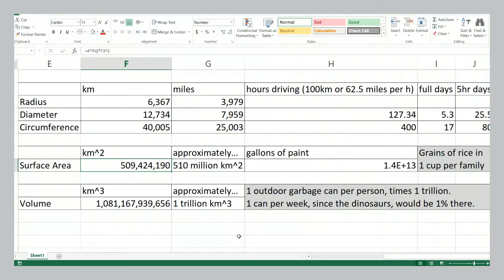So what if you had to drive through that tunnel? Well, if you're driving at 100 kilometers an hour on average, or 62, 63 miles an hour, then it would take you just over 127 hours to drive through that tunnel that goes right through the center of the Earth and end up on the other side. So 127 hours of driving. Well, what is that? If you're driving all day, 24 hours a day, let's say there are 4 of you in the car, taking turns driving, eating, sleeping, the car never stops, it'll take you just over 5 days.